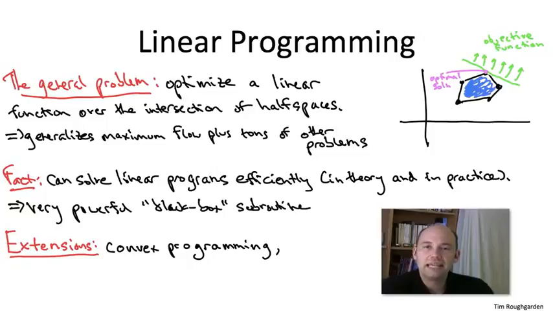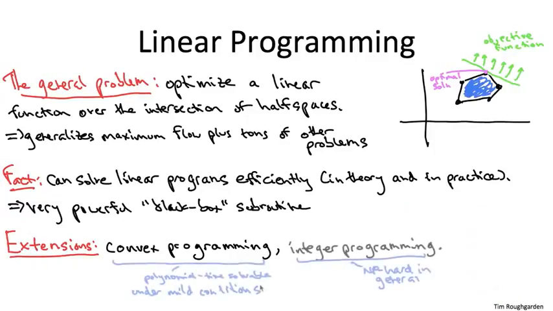A different generalization is integer linear programming. So these are like linear programs, but where you add the extra constraint that certain decision variables have to take on an integer value. So something like 1/2 as a value for a decision variable would be disallowed in an integer program. Now, these in general are no longer solvable efficiently in theory. It's easy to encode NP-complete problems like, say, vertex cover as a special case of integer programming. But there is quite a bit of advanced technology out there for solving, at least in special domains, integer programs. So again, if you have an NP-complete problem and you really need to solve it, integer programming is a technique you're going to want to learn more about.